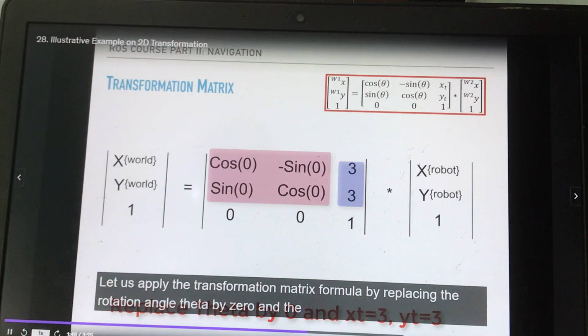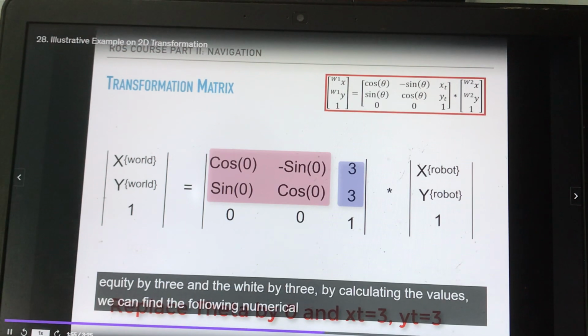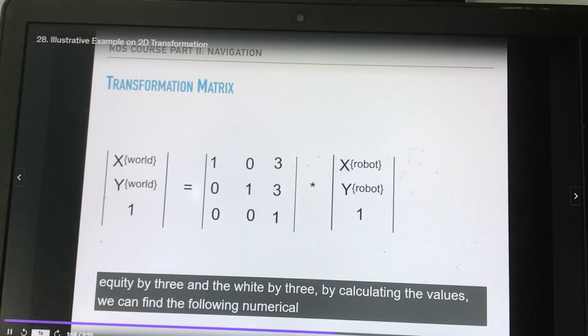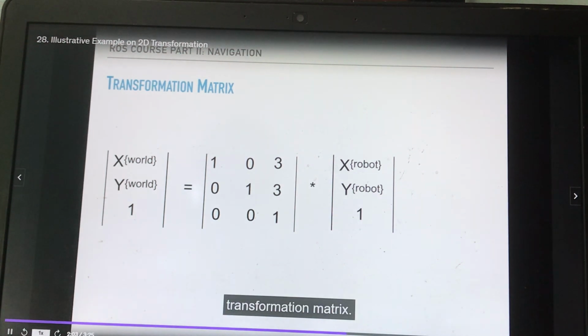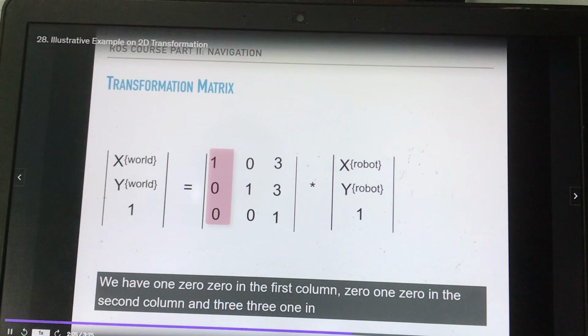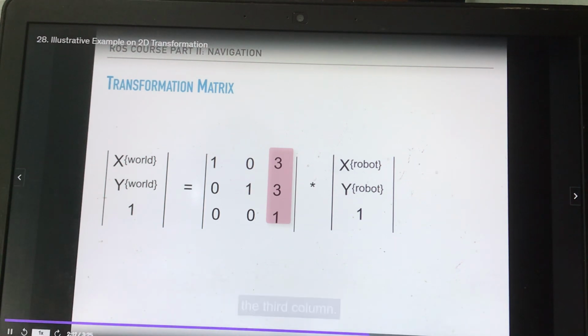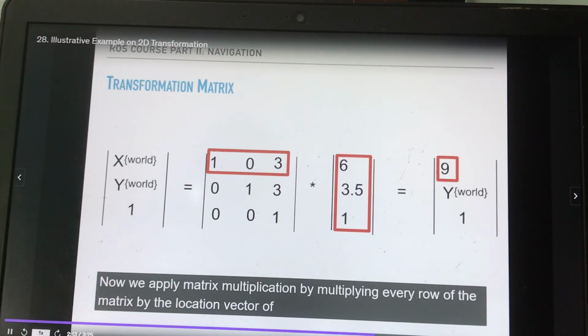Let us apply the transformation matrix formula by replacing the rotation angle theta by 0, the xt by 3, and the yt by 3. By calculating the values, we can find the following numerical transformation matrix. We have 1, 0, 0 in the first column, 0, 1, 0 in the second column, and 3, 3, 1 in the third column. Now we apply matrix multiplication by multiplying every row of the matrix by the location vector